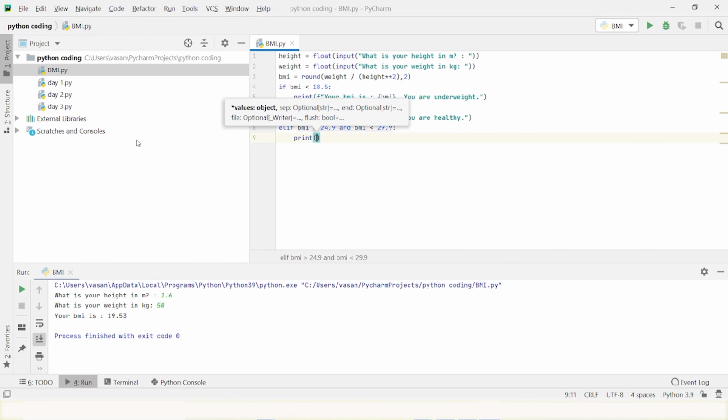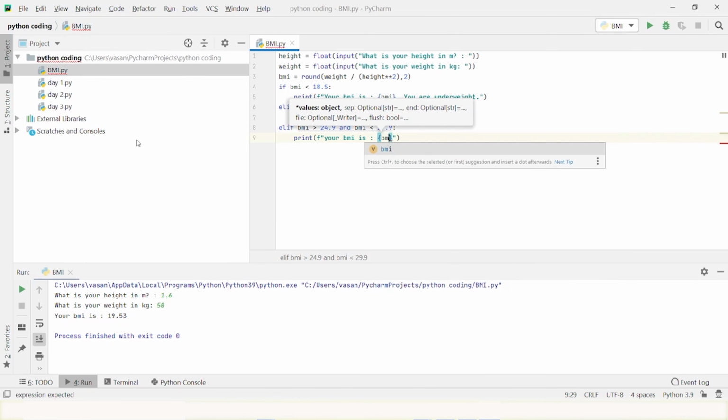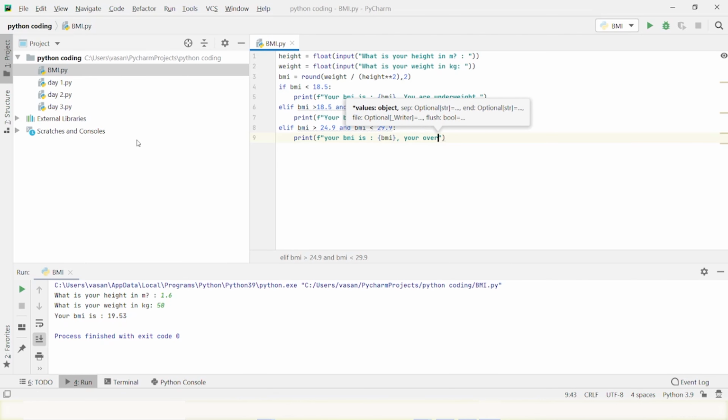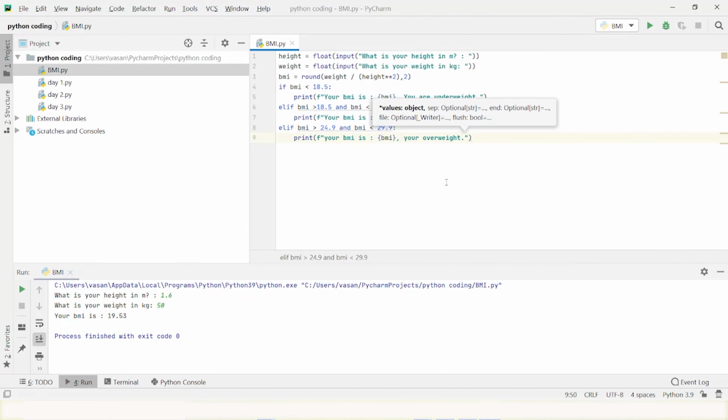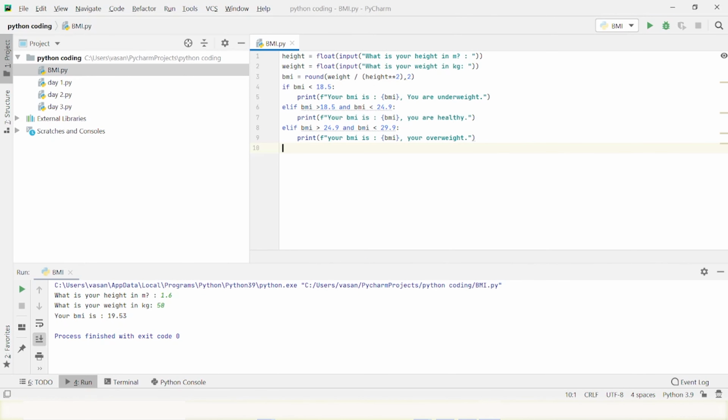Print, let's use an f-string: "Your BMI is", BMI, comma, "you are overweight." And if nothing matches, the else part,